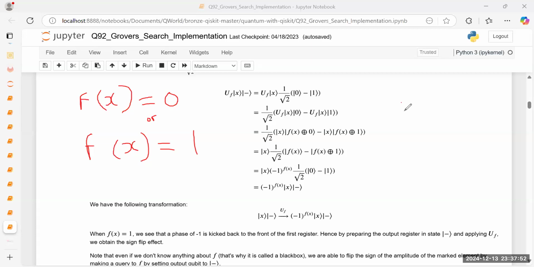So we replace f of x here with 0, then minus 0 XOR 1. So we have 0 minus 0 XOR 1. But if we already said 0 XOR anything, we'll get that same thing. So we're going to have 0 minus 1, which is what we have here. So if f of x is 0, minus 1 to the power of 0 is just 1. So we have 0 minus 1 successfully. And in the other case,